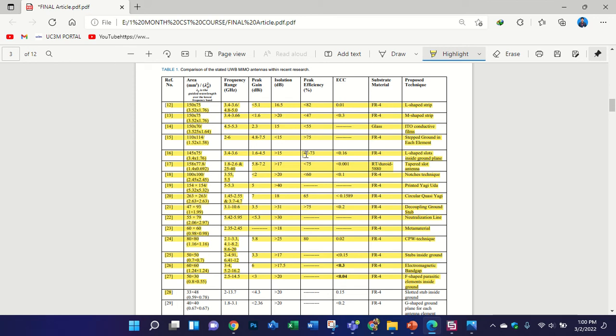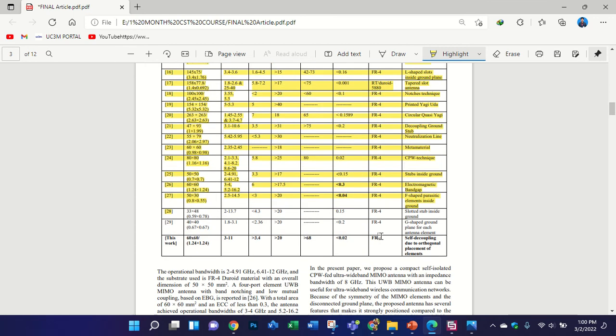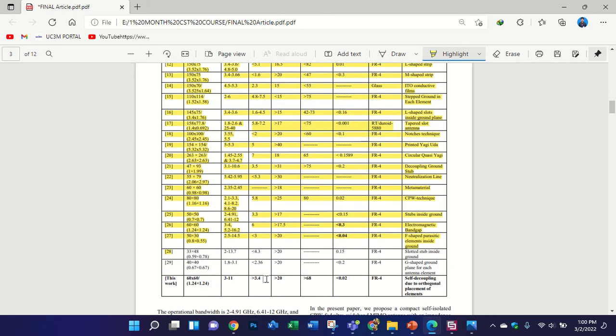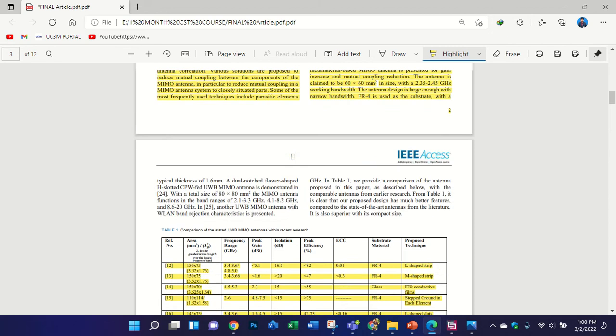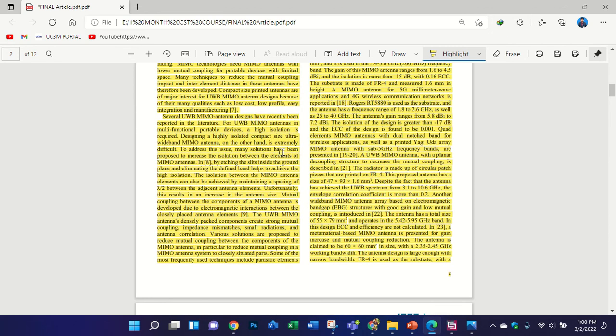Okay, with more things, like you have achieved more bandwidth, or you have a very compact size, or you have a good isolation, or you have a good efficiency, then in this way you can defend your design. So in one paragraph,